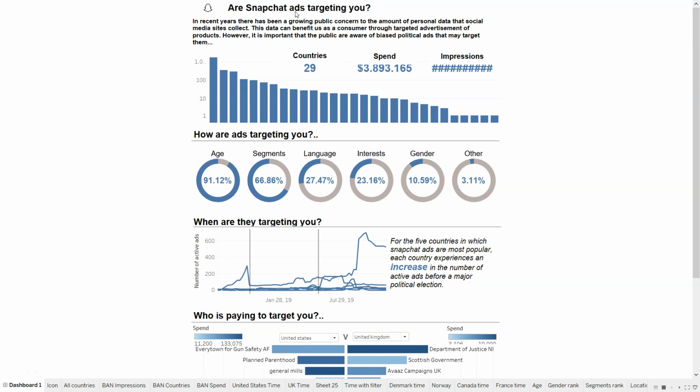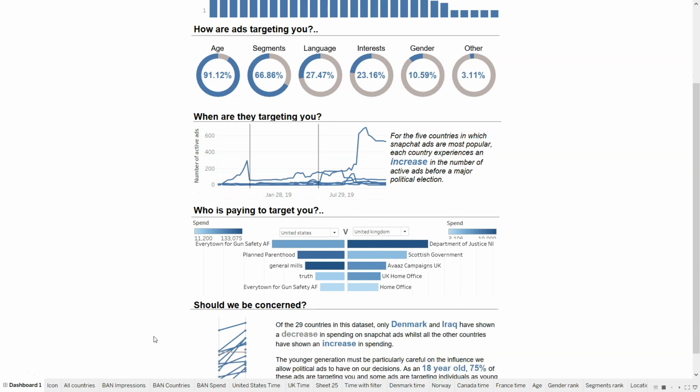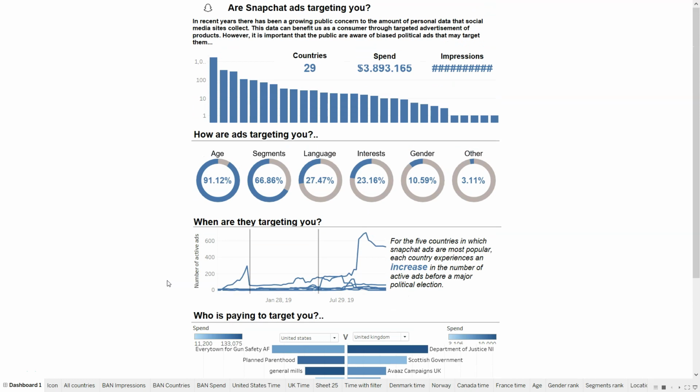like this one because it shows the information in sort of a question or a story, like: are Snapchat ads targeting you? How are ads targeting you? When are they targeting you? Who is paying to target you? Should we be concerned? So this dashboard asks a lot of interesting questions from the data, which I also usually